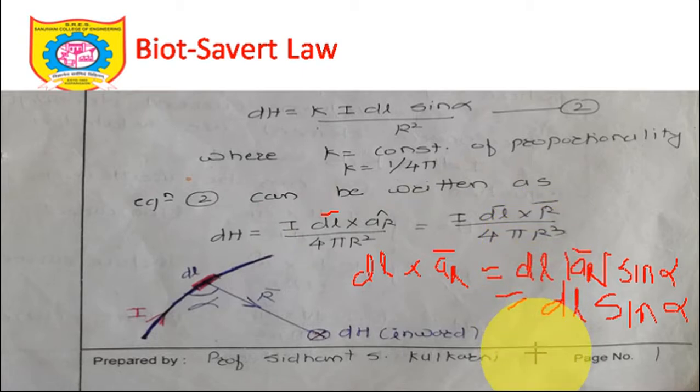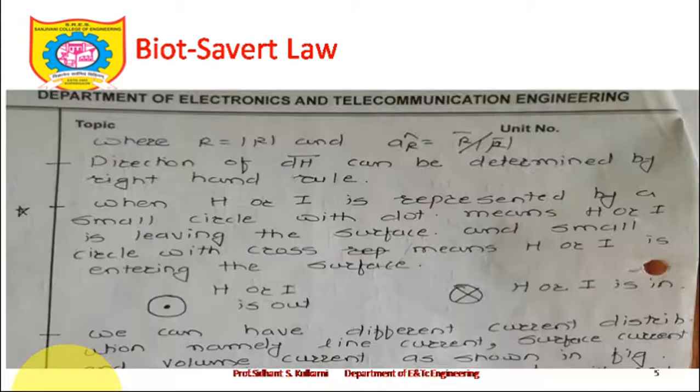Now see, while understanding Gauss law or Coulomb's law, the dot product is important to understand, but in magnetostatics I already told you the cross product plays an important role, so you must have the basic knowledge of the cross product. Before proceeding further, just try to revise your concepts of the cross product, and then only we can proceed with this discussion. So next, let's go to the next slide.